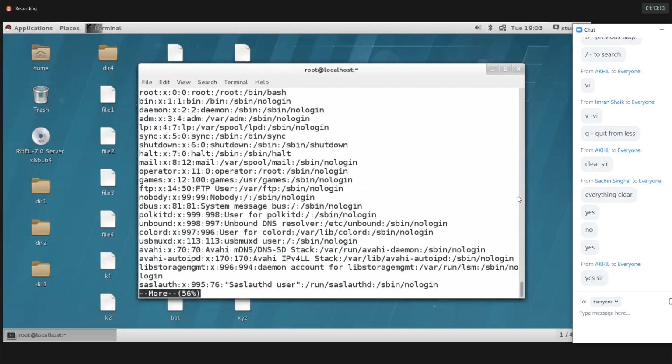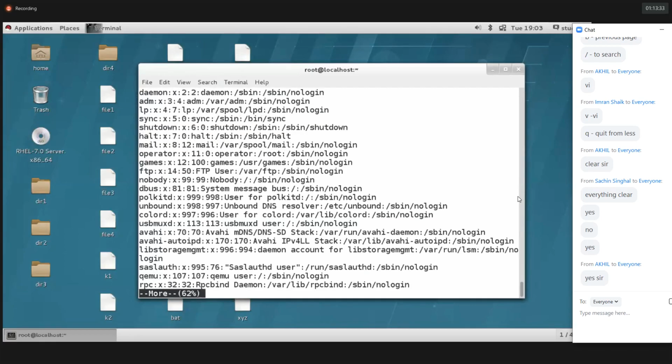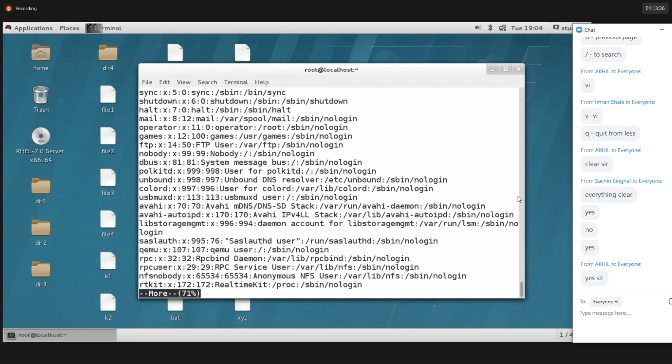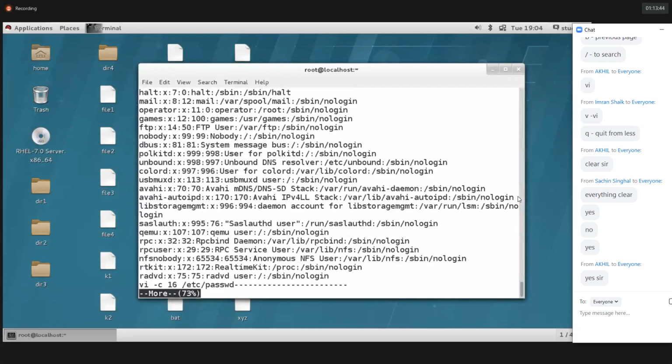But the more command, the same options you can use: D, B, next page and previous page, and then you can use navigation keys. Don't use the navigation keys, use enter. It will show you percentage wise. See here, the content of the file, it will show you percentage wise. We should use enter. Here also you can use V to edit the file. So insert more, then you can edit, then save and quit, and back to more, and then again Q to quit from the more. Clear?